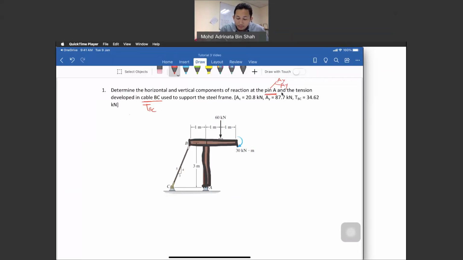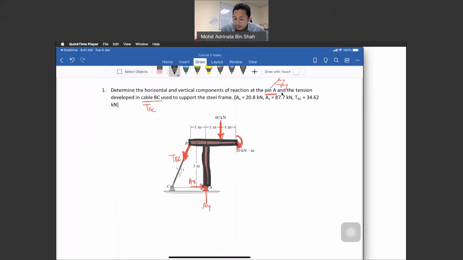So this is our free body diagram, and this is the load, this is the load, and this is the cable, TBC, okay. And another support reaction at A is AX and AY. Okay, so